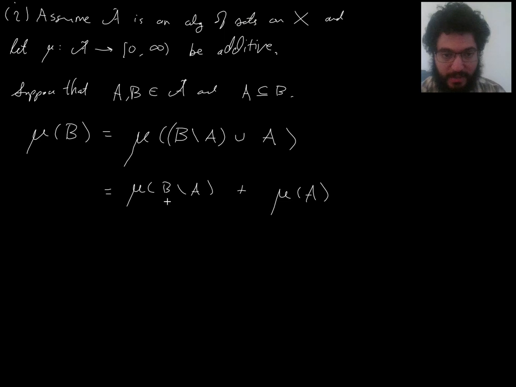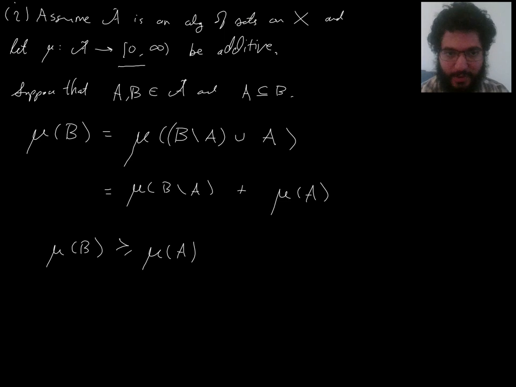So yeah, now mu B is greater than or equal to mu A, because mu B is mu A plus something, right? Plus something non-negative. So you see, this is where we need this to take non-negative values. If your mu is allowed to take negative values, this argument does not work. So this is since